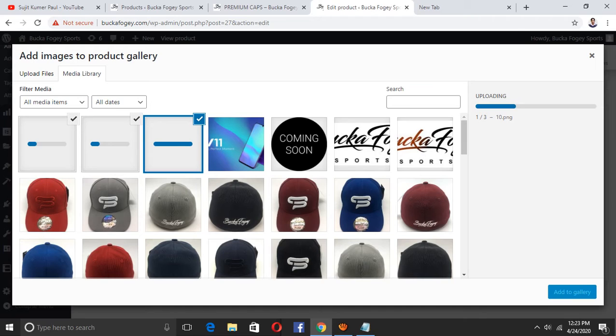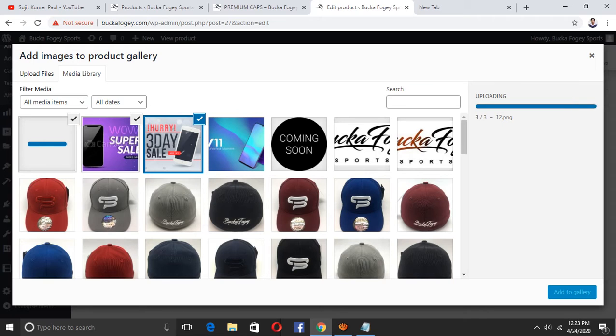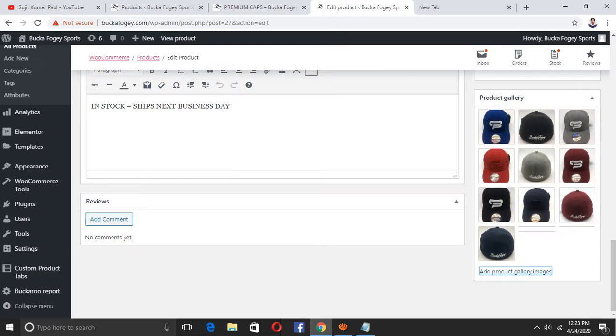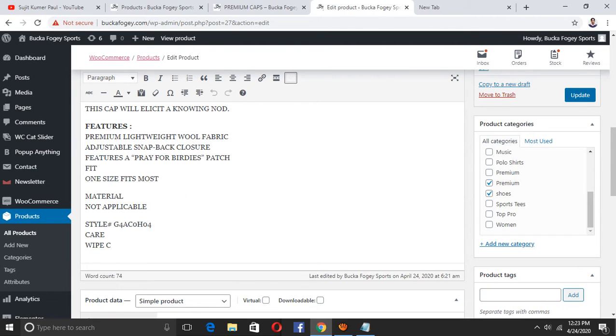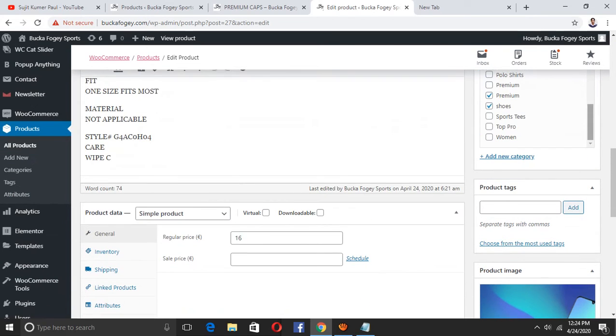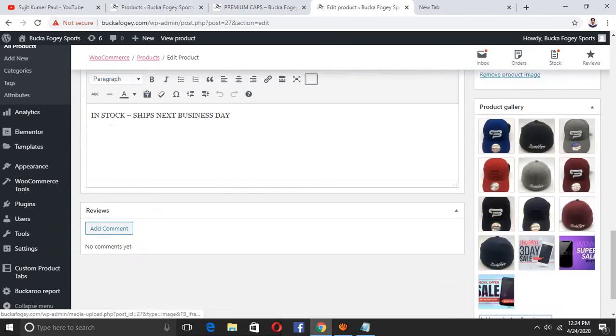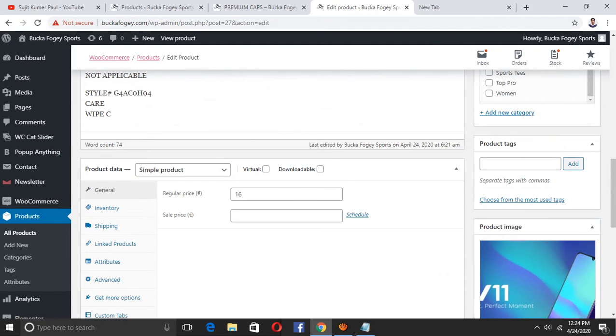Just a moment. I hope you find it an easy way to update any product name or description. If you want this image in the gallery, then you can add to gallery, you can see this image is already in the gallery. Every time you change anything, you should click update here, otherwise there is no need. But when you change anything, then you update the product, and you can see the update.